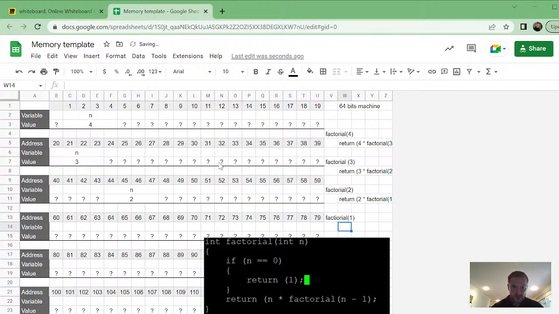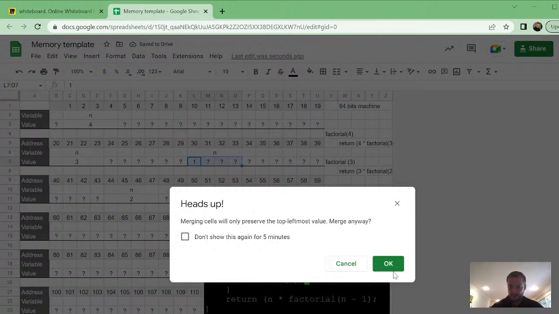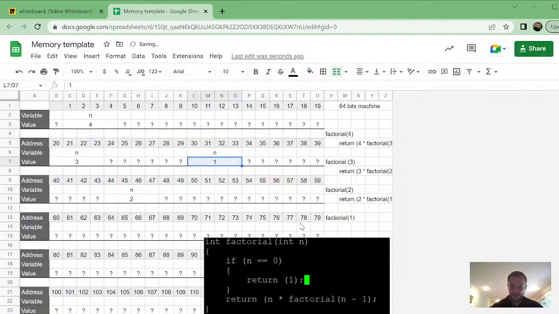Somewhere in memory, I'm going to have n for this context, but it's still taking 4 bytes in memory. This time the value is 1. And then it's still not 0, so I'm going to return 1 times factorial of